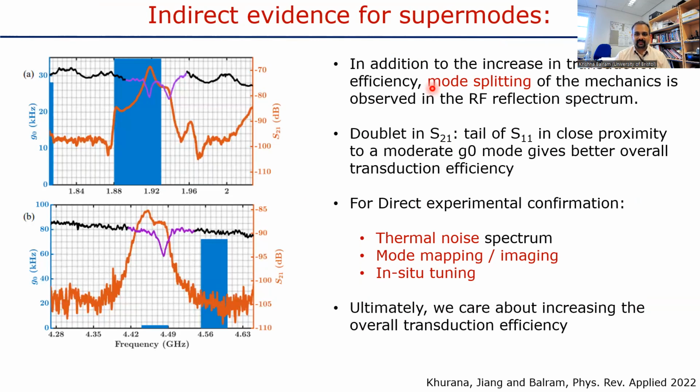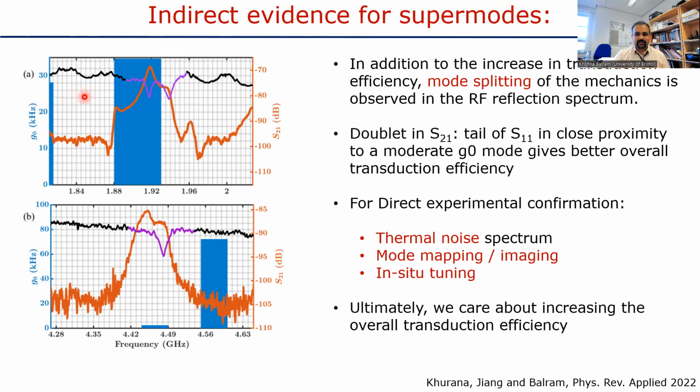Currently, because we don't have any tuning knobs, we are only able to indirectly infer the presence of this mode hybridization in the super modes. And so one natural question is, how do we do this if you don't have any way to tune it, given fabrication variation? In these first experiments, we just made a variety of devices with parameter sweeps and found ones where you get this crossing between the two resonances. Currently, we're working towards methods to make this more deterministic, and I'm happy to answer this in Q&A.